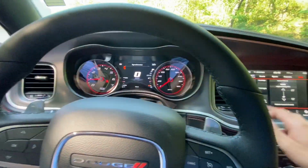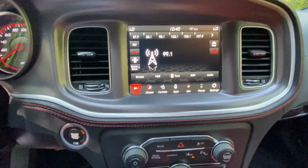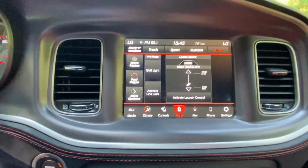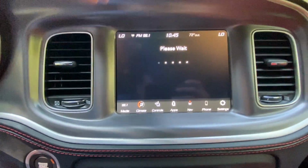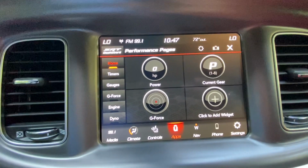So on the screen setup over here, of course you've got all the traditional controls, but whenever you go down here, you're actually able to select your drive modes. And through drive modes, you can control a whole different slew of options. So of course you can change and look at your performance pages. So here on your performance pages, like I said, you can go through a whole different slew of options here,